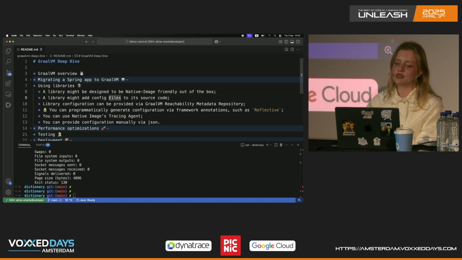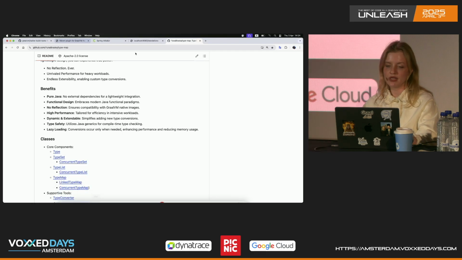So what to do if there is some existing library that needs configuration because it breaks when trying to compile with native image? Now, the dictionary application that I have showed before is using H2 as a database, and I like showing that example a lot because in the past, I had a different demo where I was using H2, and then it was breaking because it was using reflection under the hood, and I was showing people how to fix it. But now I don't need to do it anymore because H2 added support on their side, and it